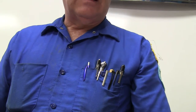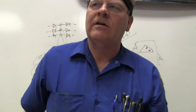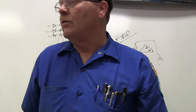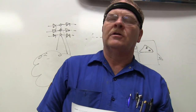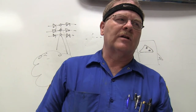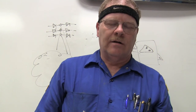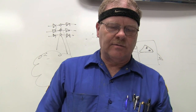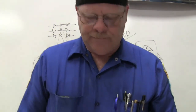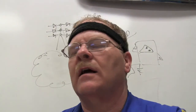Now that we're through with this charging system business, incidentally, you guys are most likely going to have to fix a charging system as part of your final exam, so you better study and brush up on that and check some of them. I had several worksheets where you're supposed to use the charging system tester to actually check several charging systems and get used to them. Well, let's look at this particular one here. What I've got to do is I'm going to start a new